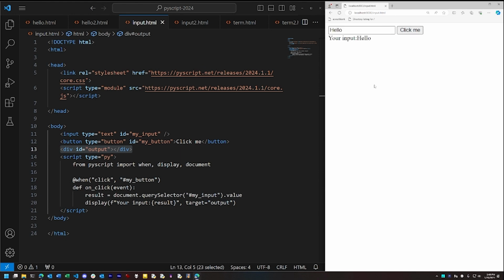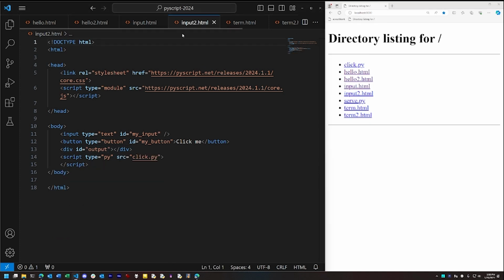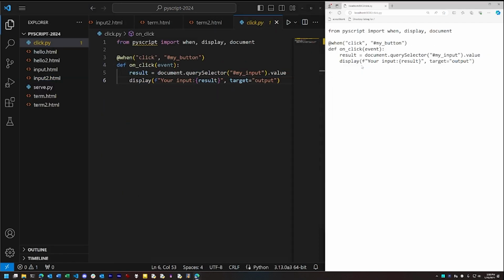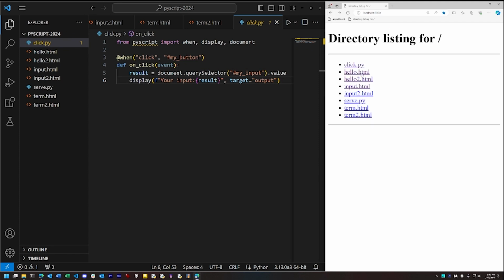You've probably noticed by now that all our Python scripting is being done in a script block in the web page, and this isn't practical. The good news is that we can move the code to an external file served from our web server and referenced in the script block like this. If we load this version of the page, we'll get the same behavior, but our code is now in a standalone file that's far easier to manage.